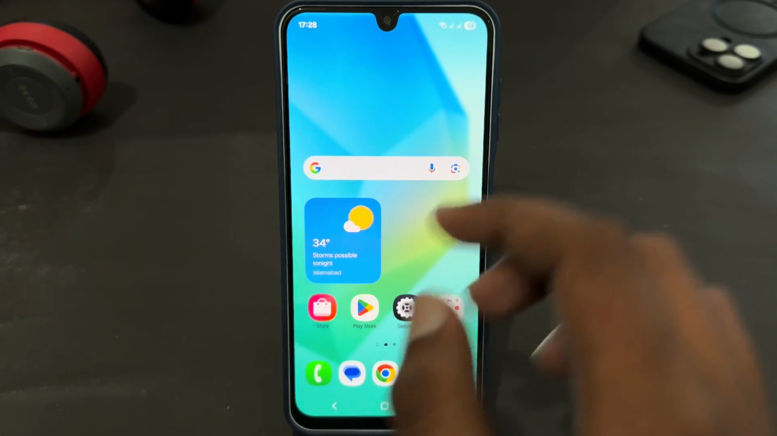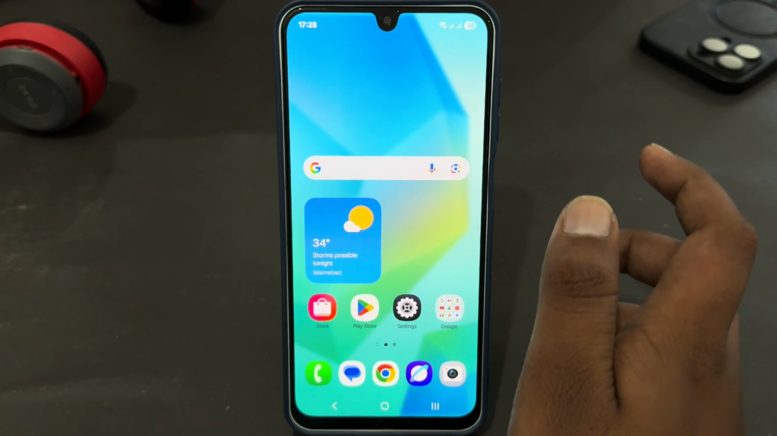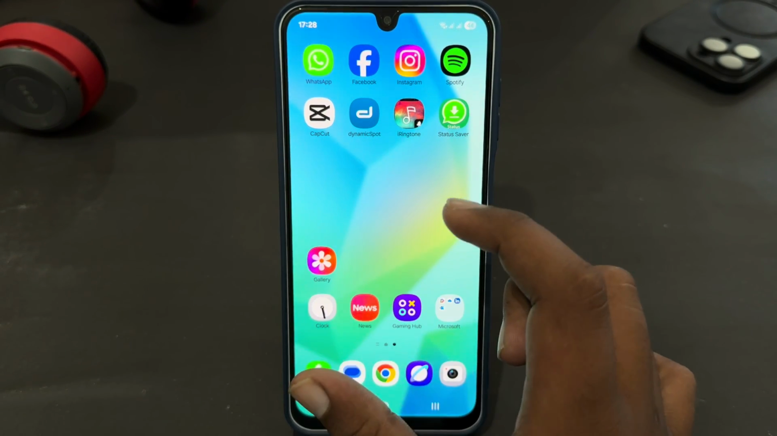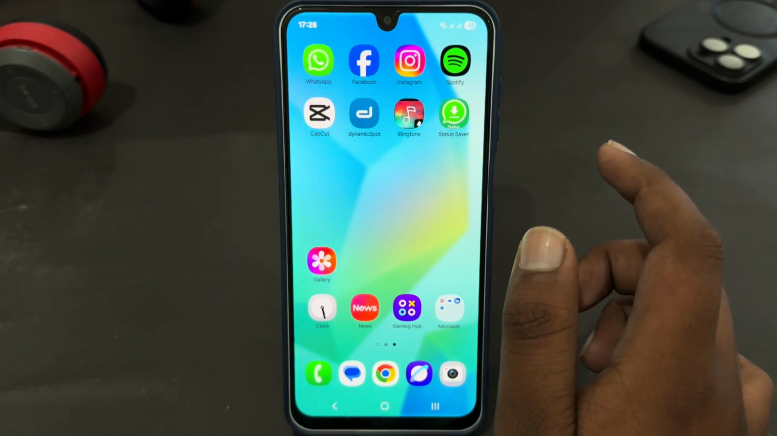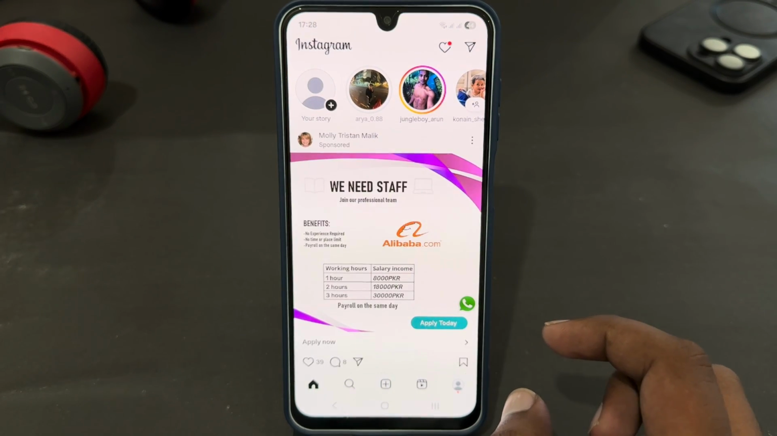Hey guys, today I'm going to tell you how to read anyone's Instagram message without being seen. If you're using Instagram and you want to see anyone's Instagram message without being seen, let's see how you can do that. You just have to open your Instagram app and simply go to your profile in the